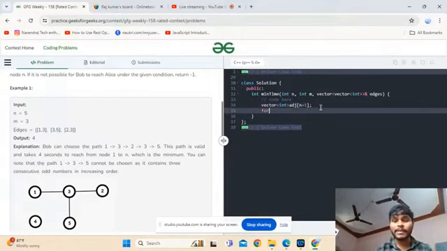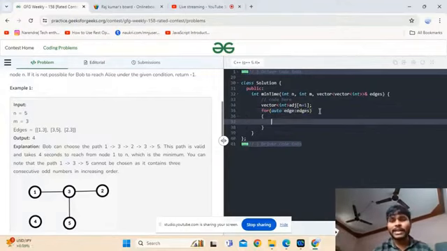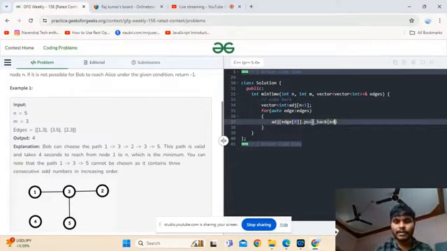So guys, here I am taking auto edge from edges. Okay, now adj of edge of 0 dot push back edge of 1.